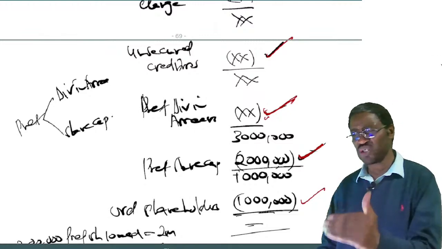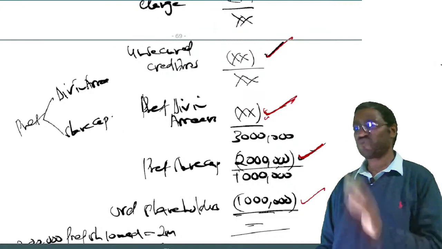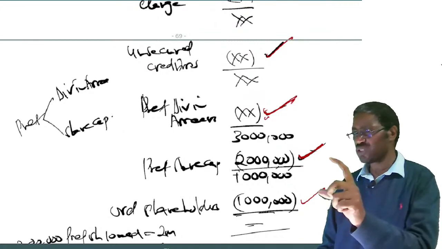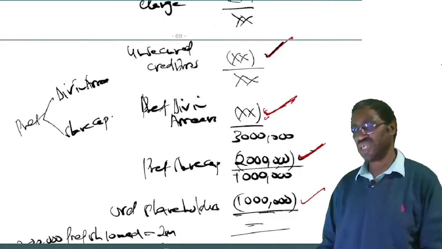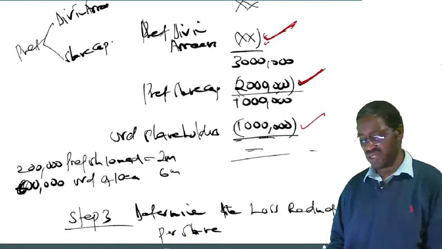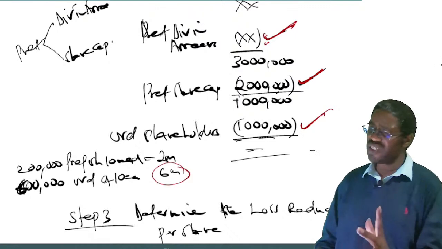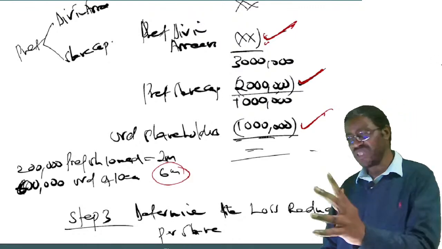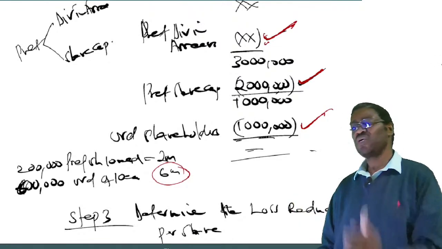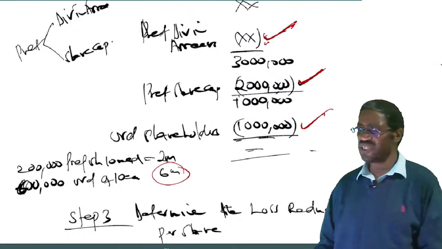From this illustration, we realized that the people who will lose if they go to court are the ordinary shareholders. Why? Because we saw we owe them 6 million in the balance sheet, but we can only pay them 1 million in the case the company is liquidated. So we tell them, don't accept liquidation, accept reconstruction. Please suffer that loss of 5 million with the hope that we shall make a profit in the future.